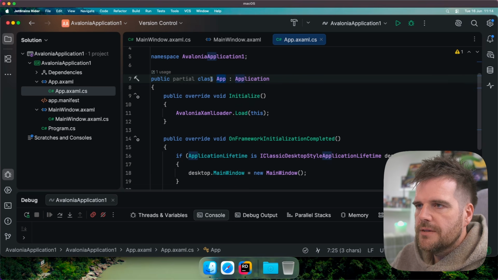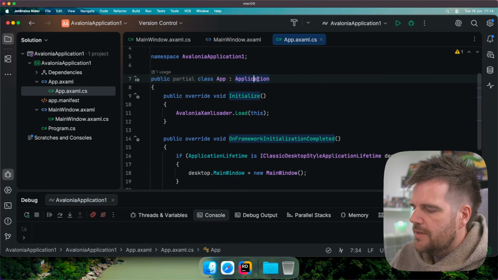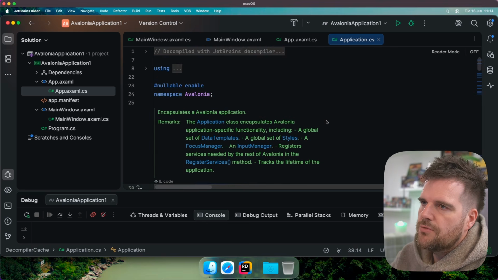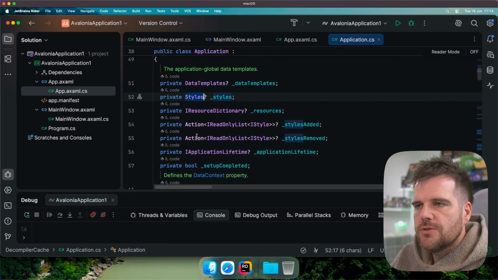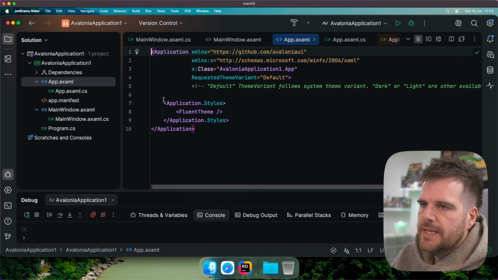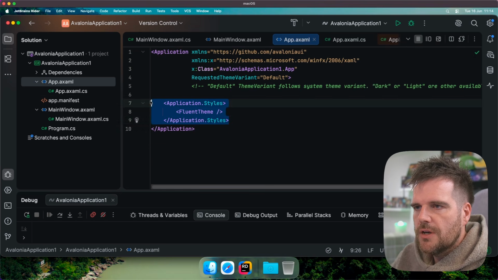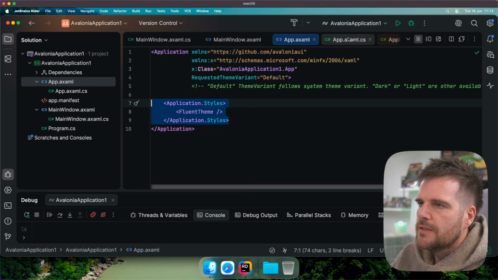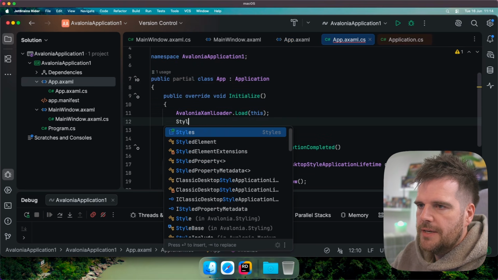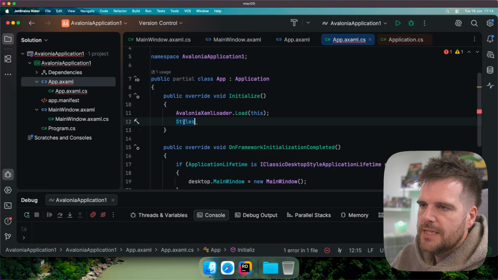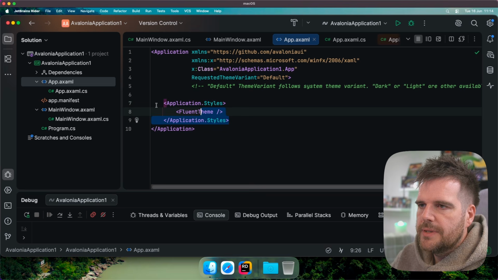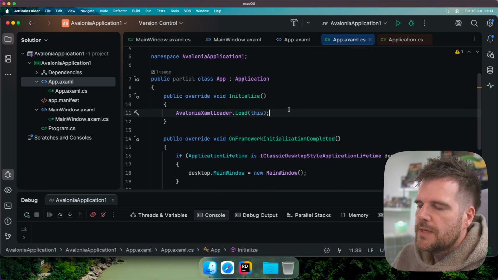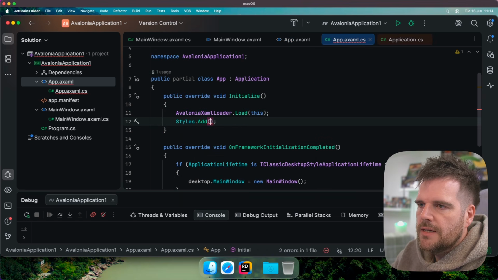Inside of the application then, this is nothing more than a C# class that inherits the application. If we press F12, you can see this is an Avalonia application. And again, this is where the styles are stored. So that's why we can do this style in here. So this is just a XAML way of adding to this class's code behind styles. So this element here that lives on this application, that's what's happening when we're doing this. It's nothing magical. It's the equivalent of saying styles.add new